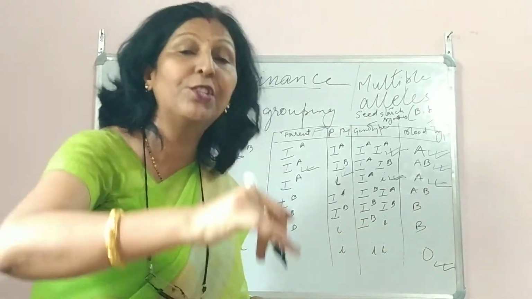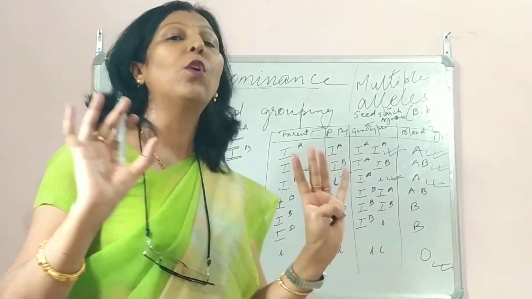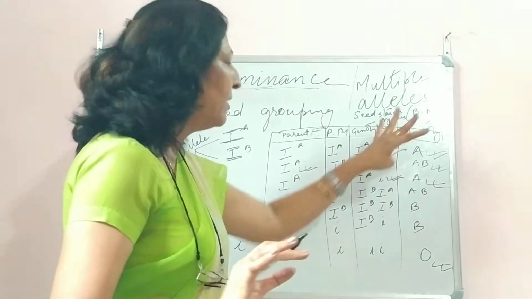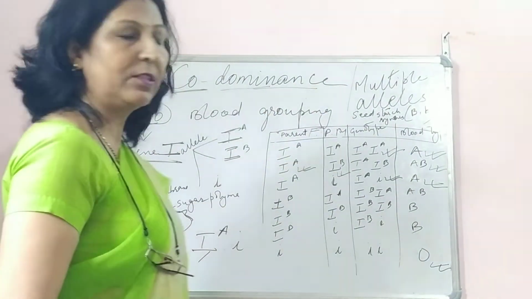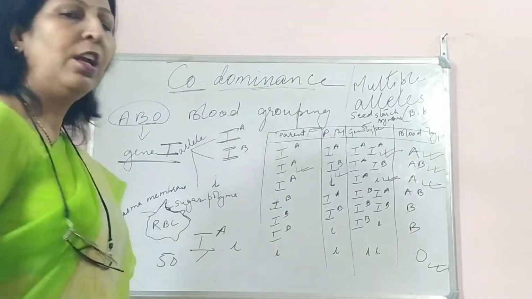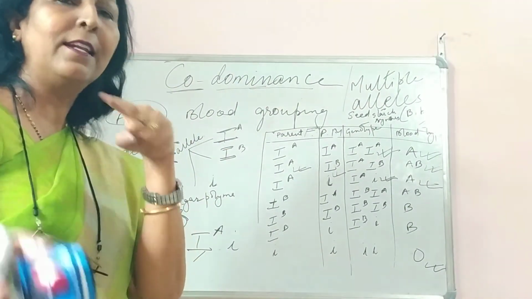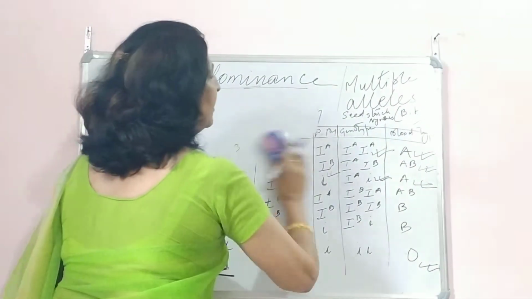In genotype, unless we read the constitution of the genes, we will not understand. Phenotype is what is exhibited outside. Okay? So this is blood type, and this is what is codominance. Along with it, there is another topic. I hope you understood. Just rewind this thing and you'll understand. I've tried myself to make you understand at your level.